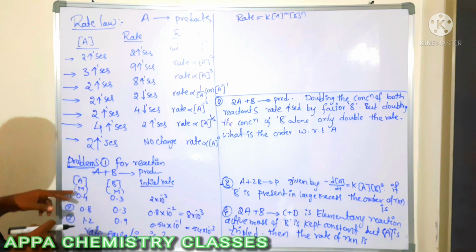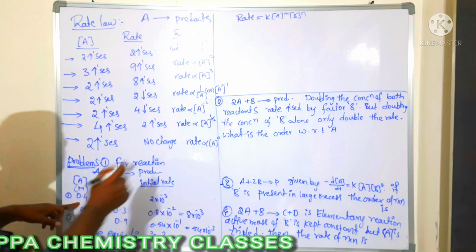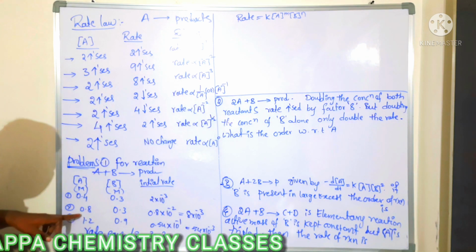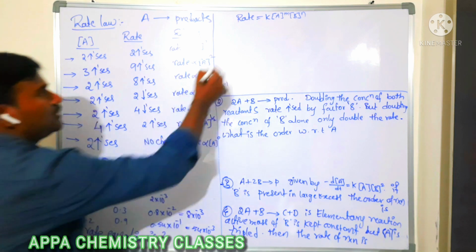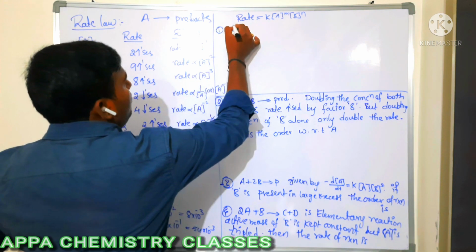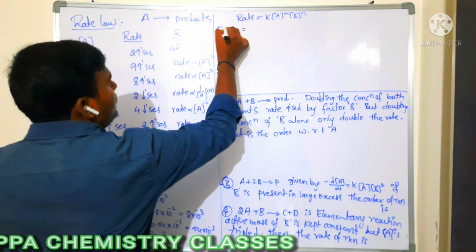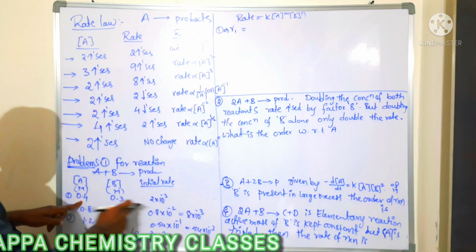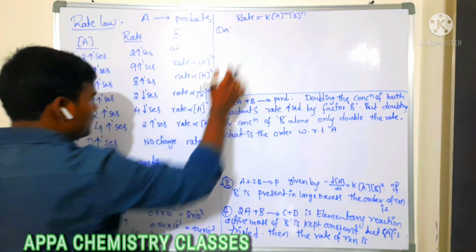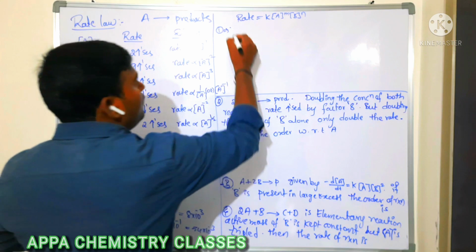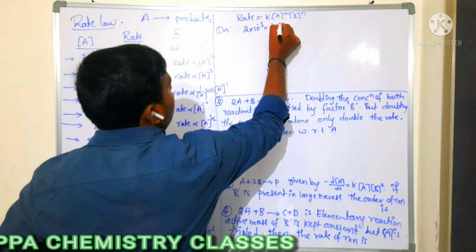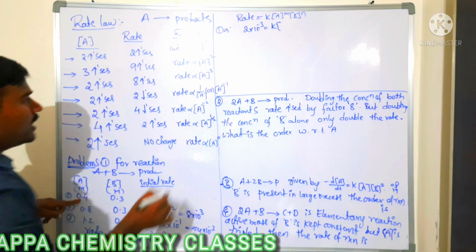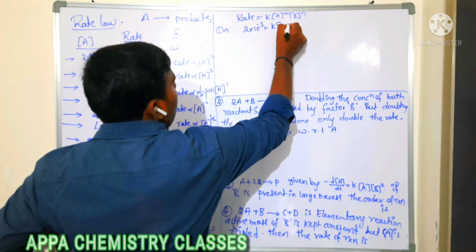So now in this case, you take concentration here 0.4 to 0.8. Simply first you take the first condition, rate 1. For the first reaction, rate 1 is here 2 into 10 power minus 3. Rate is 2 into 10 power minus 3, equal to k into the concentration of reactant, 0.4 power m.